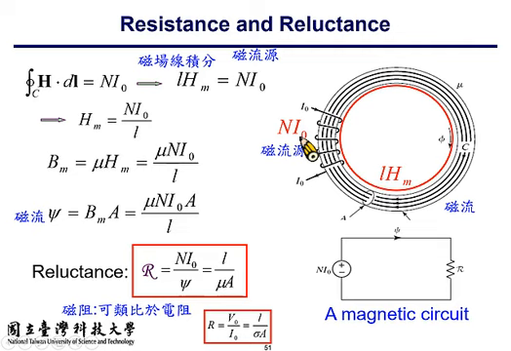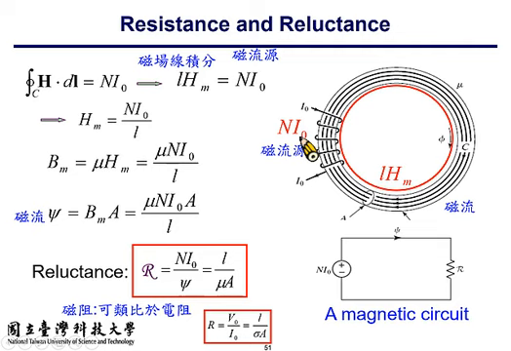You can identify this new parameter, which is R in calligraphy type, and in the textbook it is called reluctance,